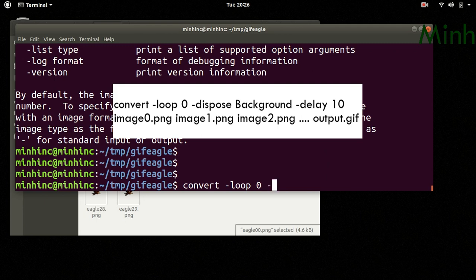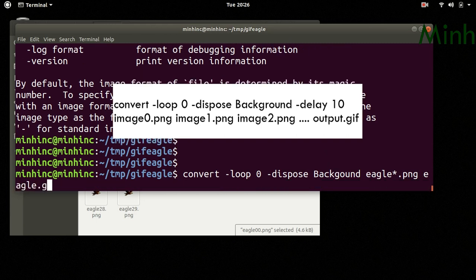And then we will have dispose background so that the previous image will not stick to the next image, so it will get cleared out. And then whatever frame we have, we'll say eagle.png, and what is the output we want, we'll say eagle.gif.